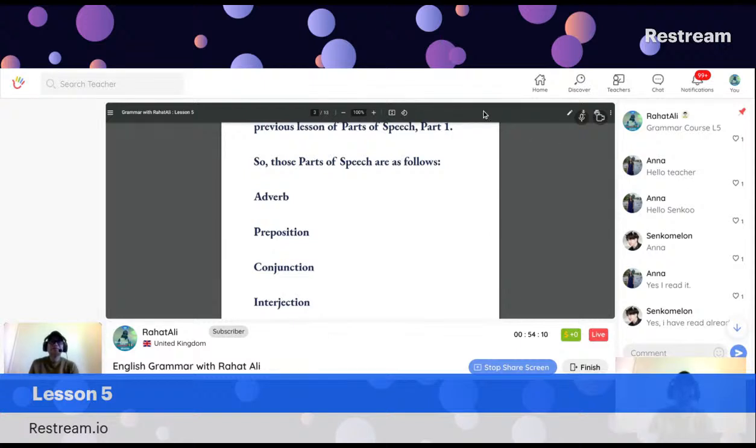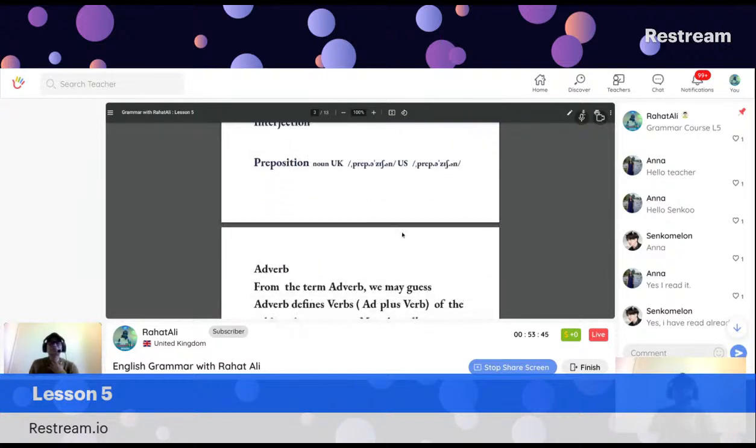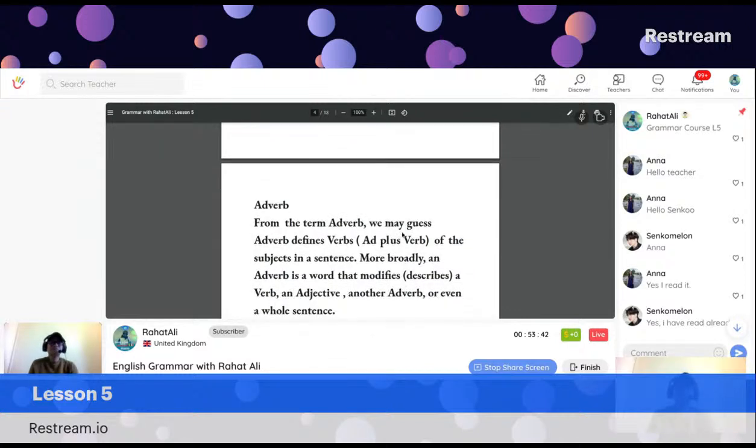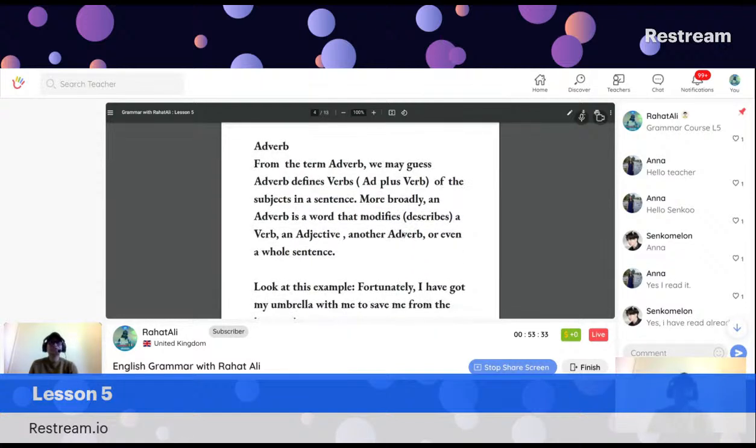If you remember the adjectives from our previous lesson, how do you define adjectives? Because adverb is related to adjectives, and also from the name adverb, it shows how an action can be done, how a subject or an object does it quickly or in a different way. From the term adverb, we may guess adverb defines verb, ad plus verb, of the subjects in a sentence. More broadly, an adverb is a word that modifies, describes a verb, an adjective, or another adverb, even